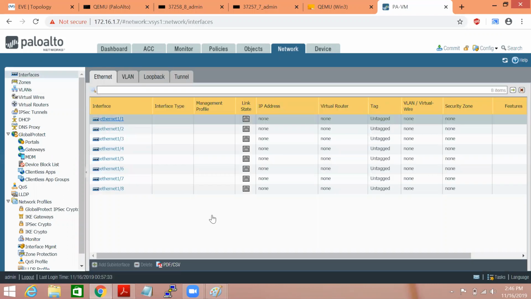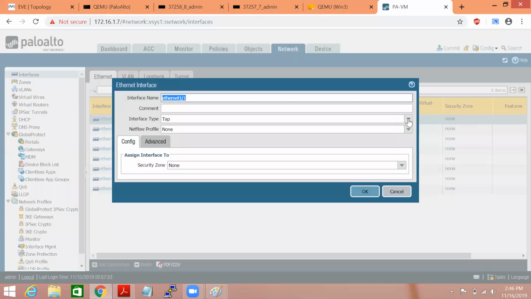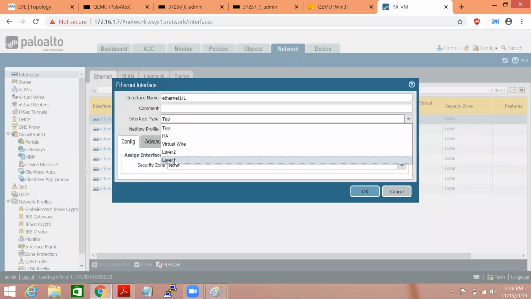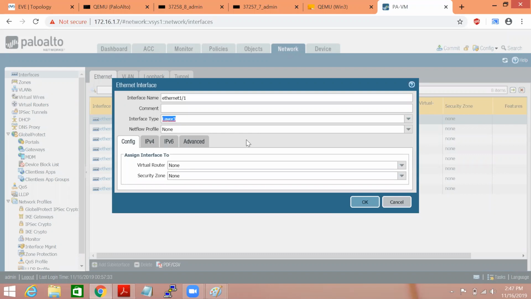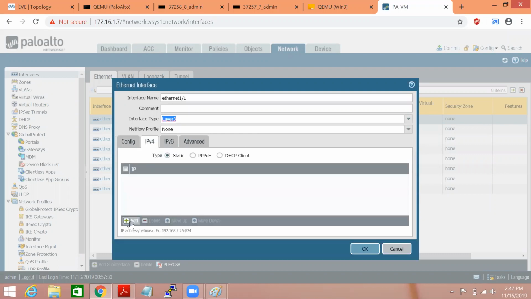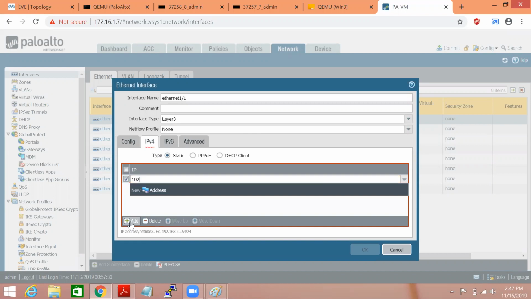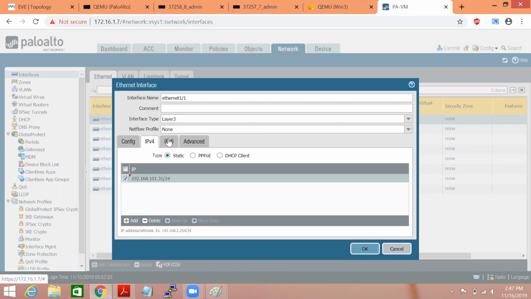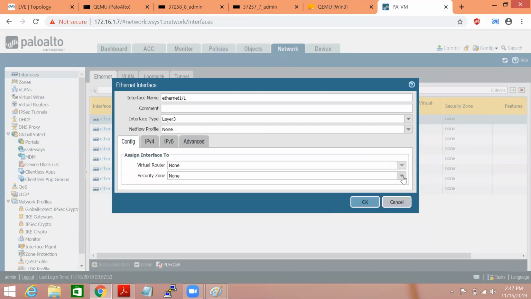So click on interface 1/1 and select the L3 interface type, because we have to configure an IP. Come here to IPv4 and give the IP address 192.168.101.31/24. This is the IP address on my interface, and then you have to select the zone.